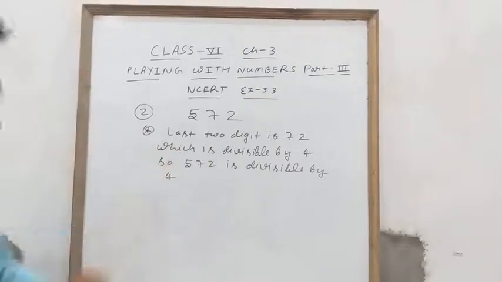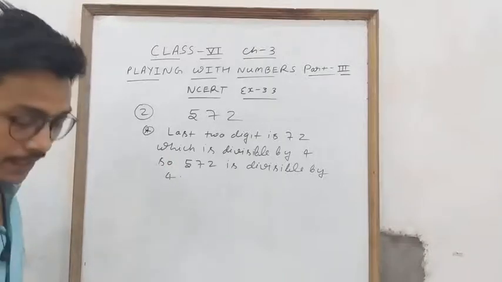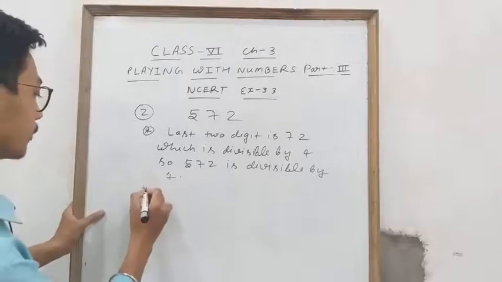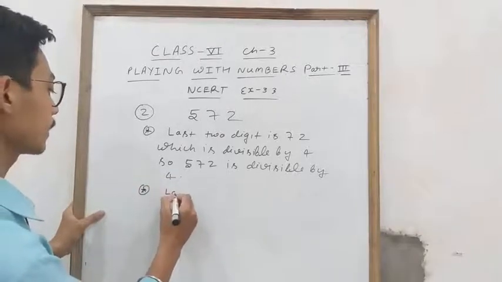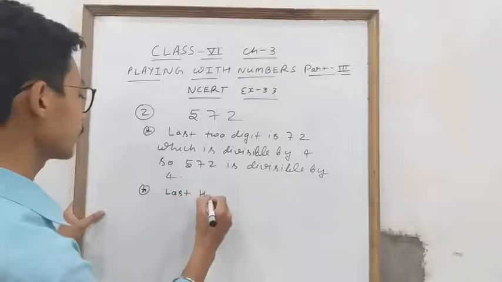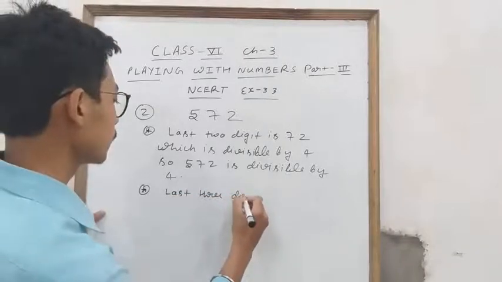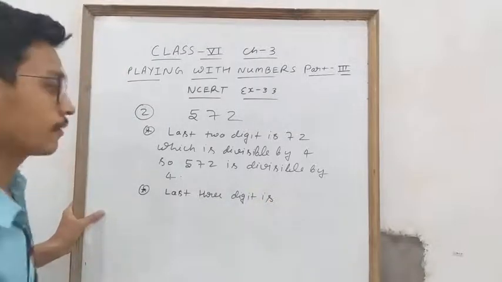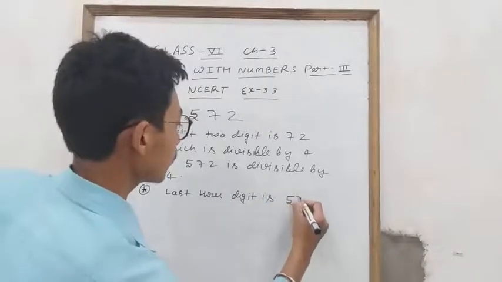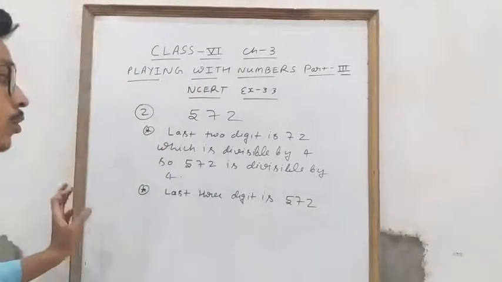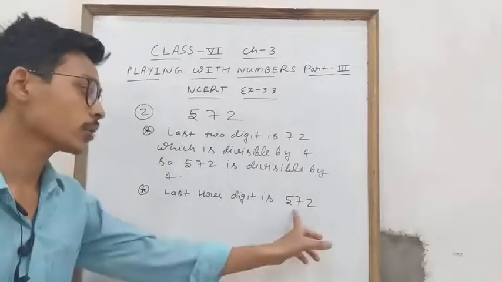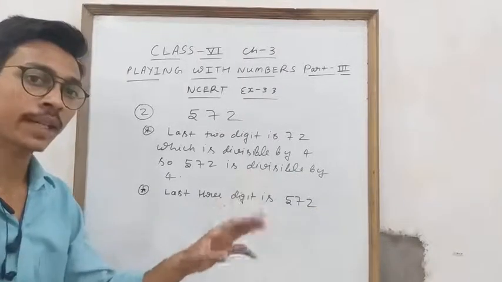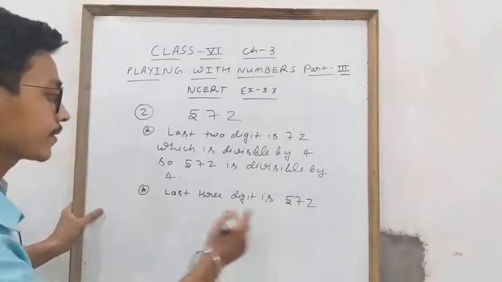Now student, it is given you have to also check the test of divisibility by 8. Test of divisibility by 8. So for 8 you will write down that the last 3 digits, what is it student? Last 3 digits is 572. Now you have to check whether this is divisible by 8 or not. So 8 sevens are 56, carry 1, 12 remains. So 8 ones are 8. It is not divisible. So you will write down the last 3 digits 572